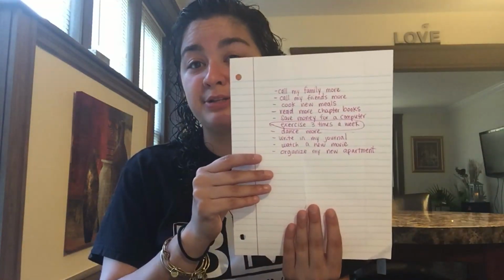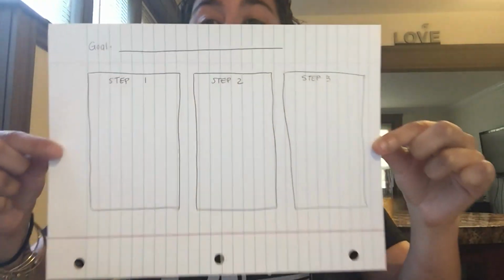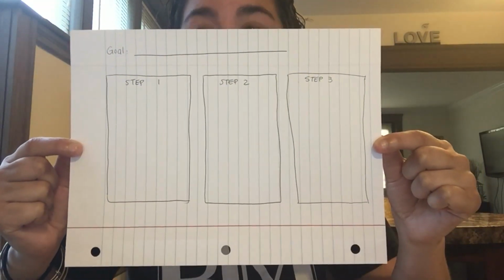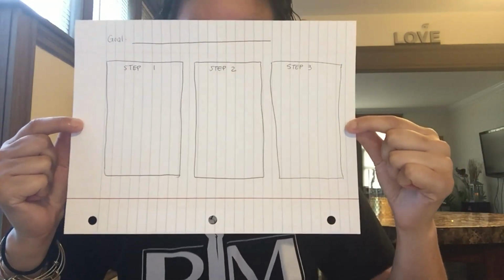All right? So we made a whole brainstorm, and you're going to actually need that today. So you're going to grab your brainstorm. You should have your topic already circled. And then you're going to need one more piece of paper for today. I'm going to show you in a second how to set it up. If you printed it from the Google Drive, it is already done for you. You're going to have your pencil, and the paper you're setting up today is going to look exactly like this. Take some time and make sure it looks exactly like this. Okay? Grab all those materials and we'll get started.